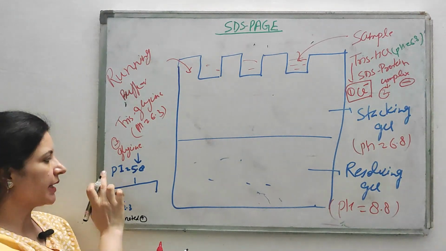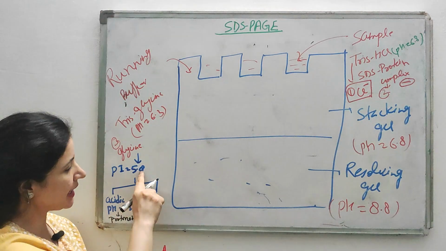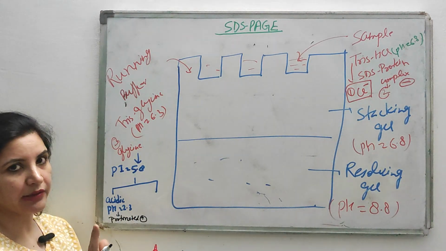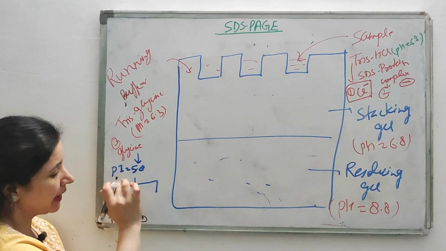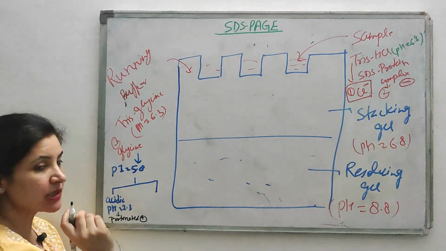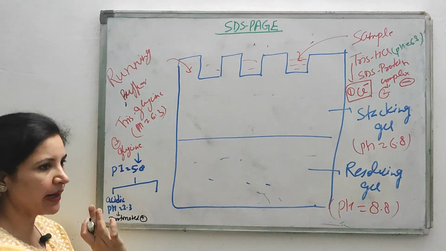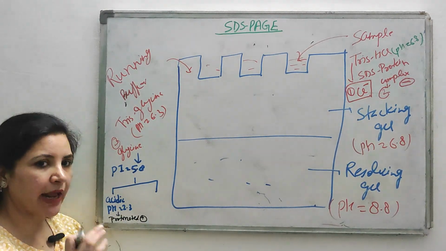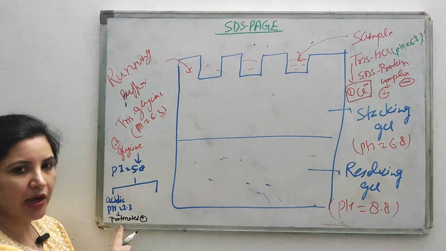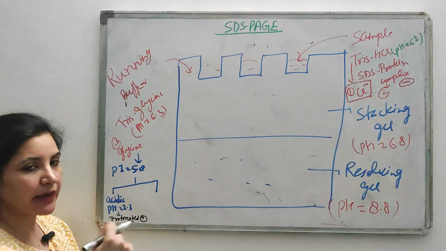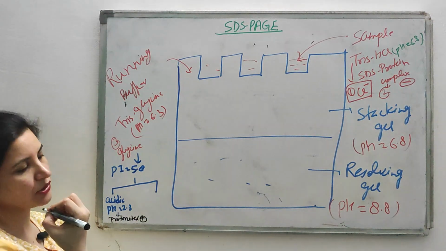Okay. Once again, at this pI value of 5.8, this glycine carries no charge. That is, net charge on this glycine is 0, that is neutral. But if you put this glycine in an acidic medium, suppose the pH of that acidic medium is 2.3, then acidic medium is having what? H plus ions, no? H plus ions. So those ions give positive charge to the glycine, and glycine becomes protonated. Okay. And it will carry overall your positive charge.